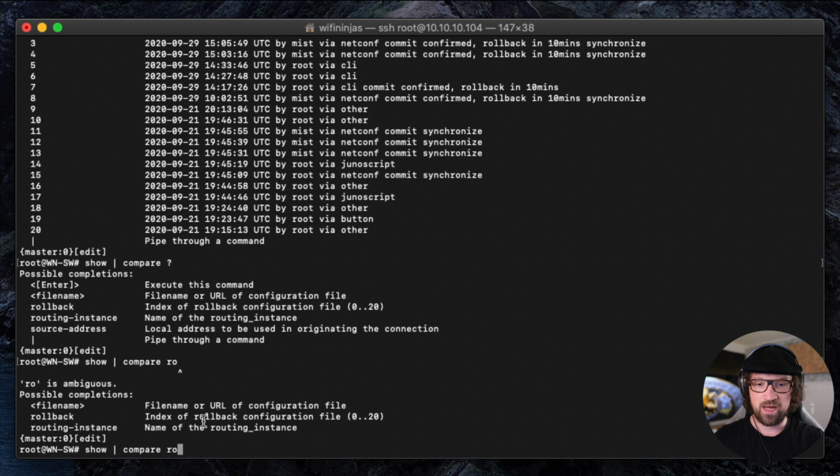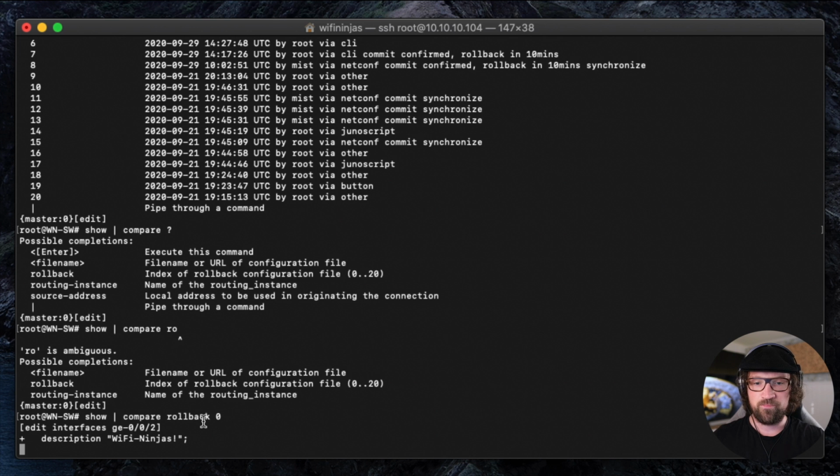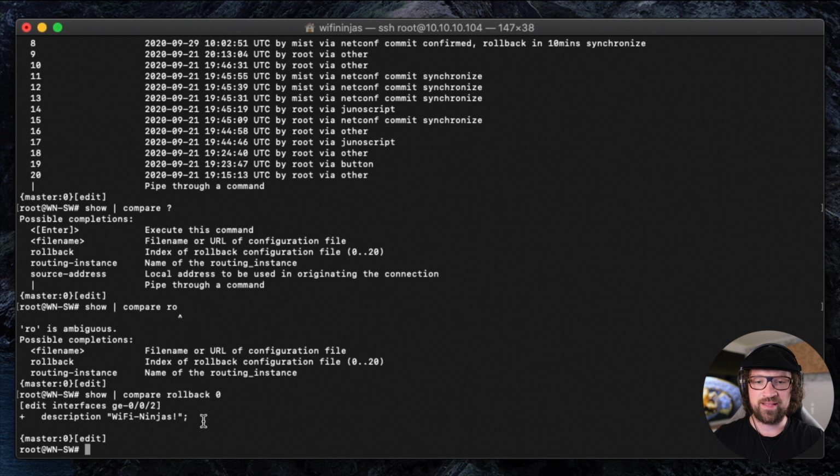Okay, so I will do rollback 0. So show, compare, rollback 0. If I've done that, I would remove the description Wi-Fi ninjas exclamation mark that I've added to the switch but haven't committed from the switch. So let's do that. Rollback 0,